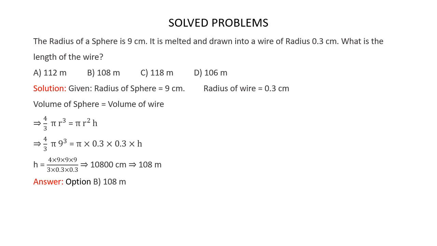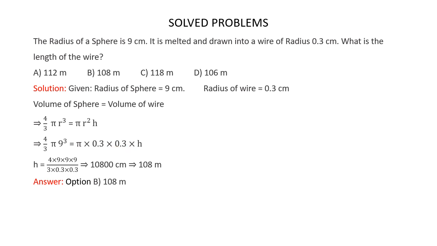So now we have 4 by 3 pi r cubed is equal to pi r squared h. Substituting the values of the radius of sphere and radius of the wire in the equation, here we get 4 by 3 multiplied by pi multiplied by 9 cubed is equal to pi multiplied by 0.3 multiplied by 0.3 multiplied